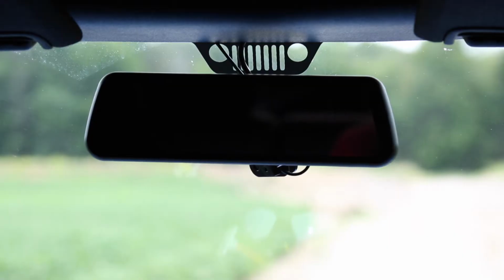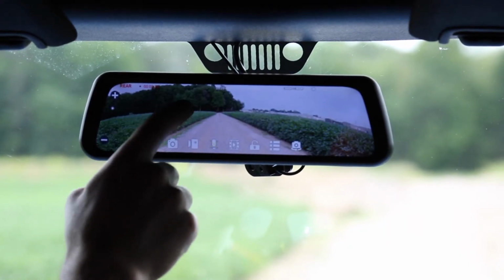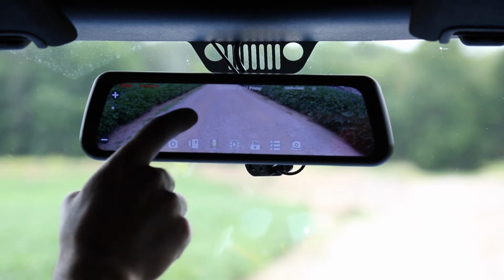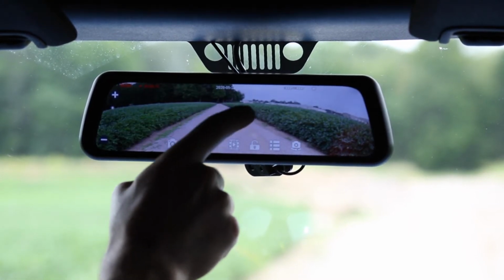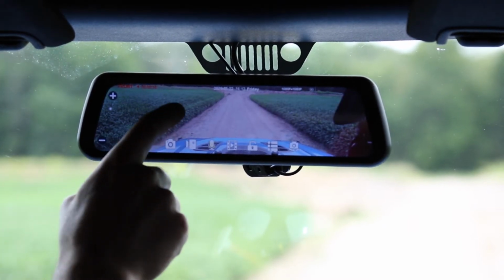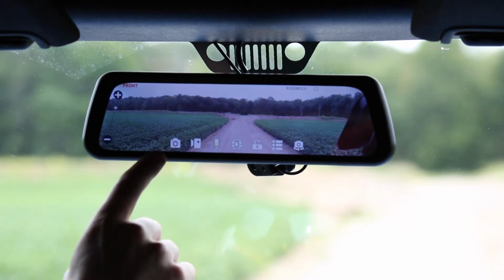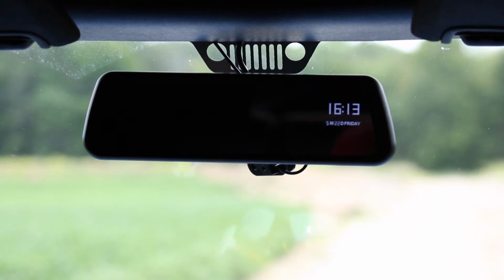The FullVUE rear camera system is more than just a screen. With its full touchscreen functionality, 1980 by 320 resolution, DVR recording capabilities, and integrated front view camera, this mirror is closer to a tablet than a mirror. Should the occasion ever arise, simply switch the camera system into a normally functioning mirror with the press of a